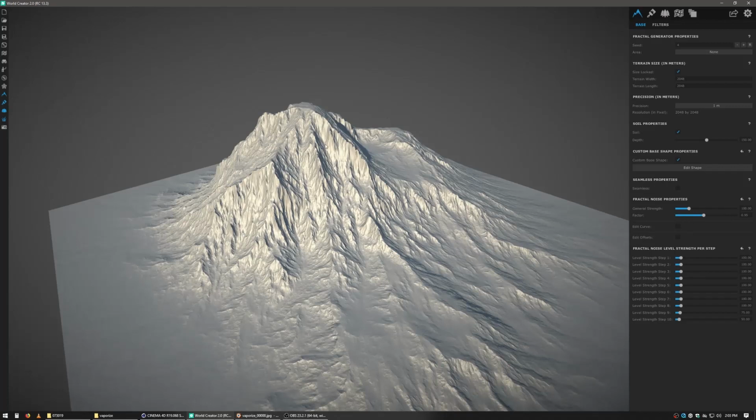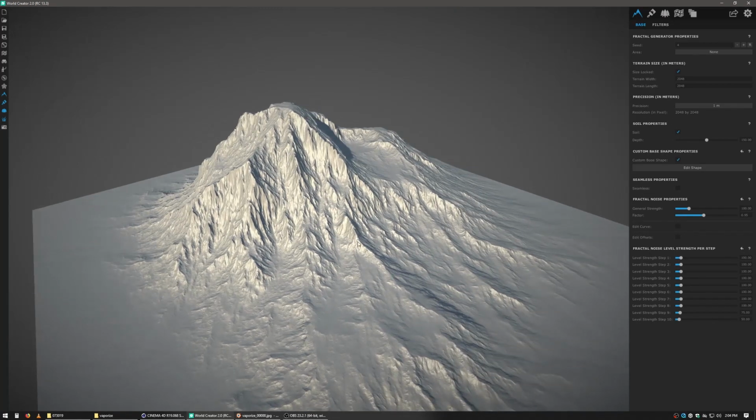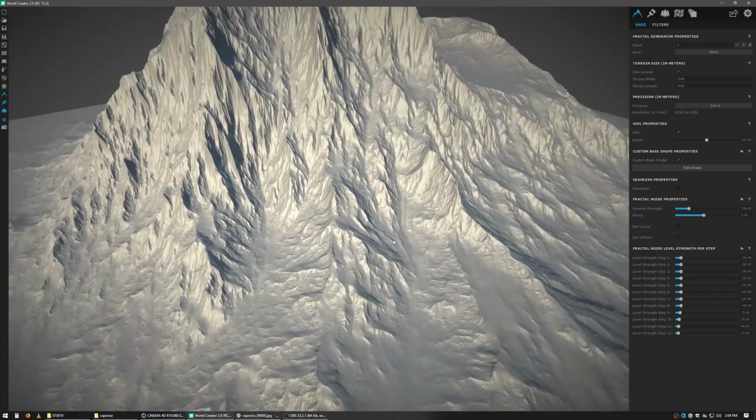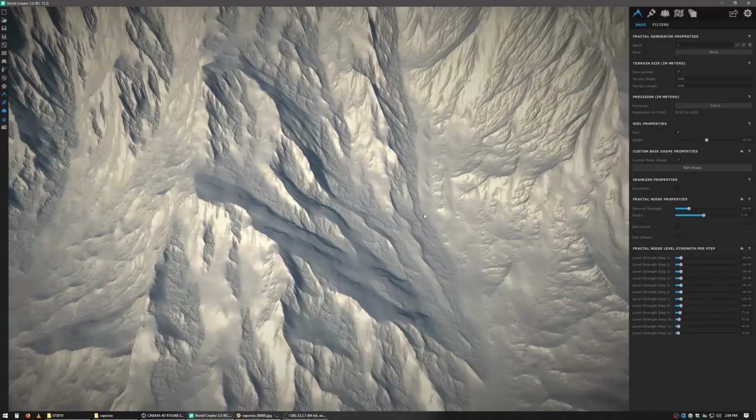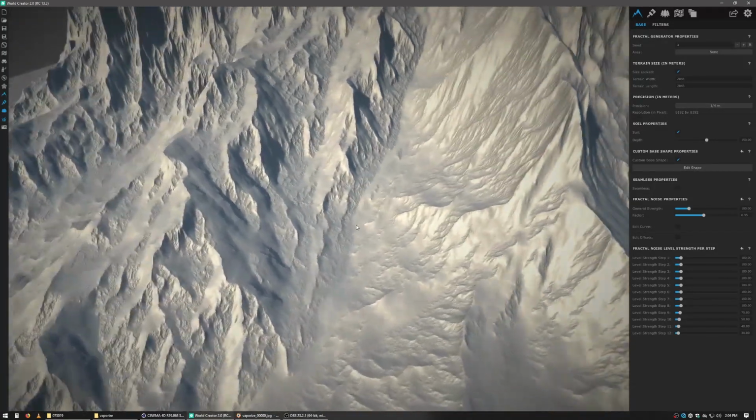And now what I want to do is, by default, in precision, I'm working at 2048 by 2048, but I want to have an 8K displacement map. So to do this, I change the precision from 1 to 1/4. And you can see now my resolution is 8192. So we're at 8K, and when we get in tight, there's a ton of little detail in here, and that